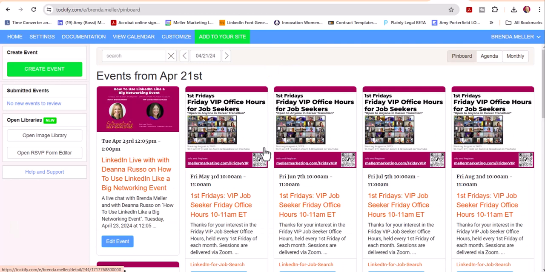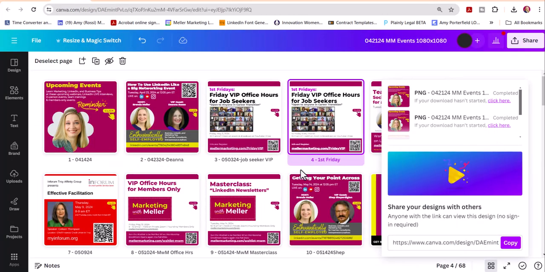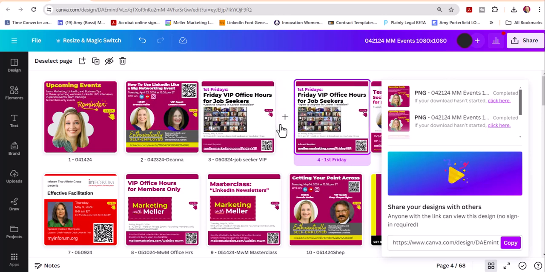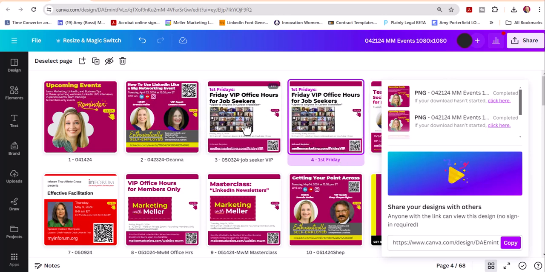And then in here, I'm going to see a list of all of my upcoming events. Now, if I go back to my Canva graphic, which is already created with all of my upcoming events in here, I'm going to notice that I have the Tuesday, April 23rd event for Deanna. I do have the Friday, May 3rd, but I want to replace that graphic with the